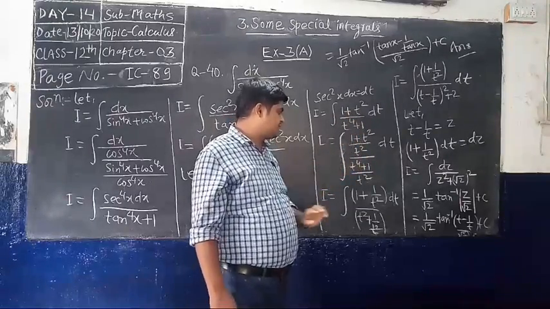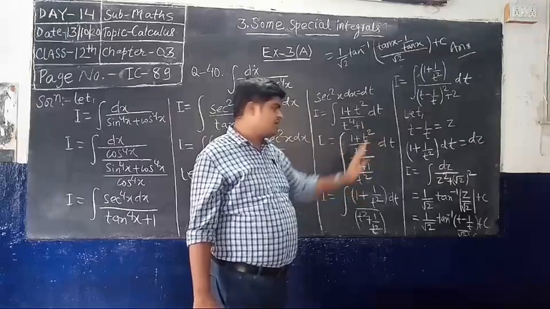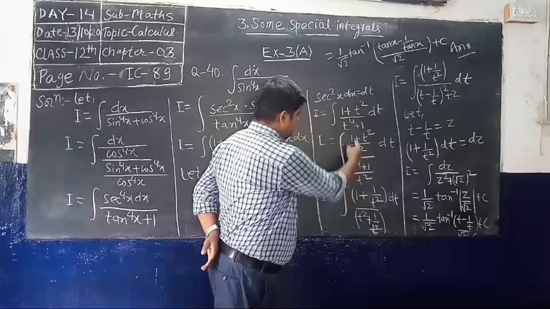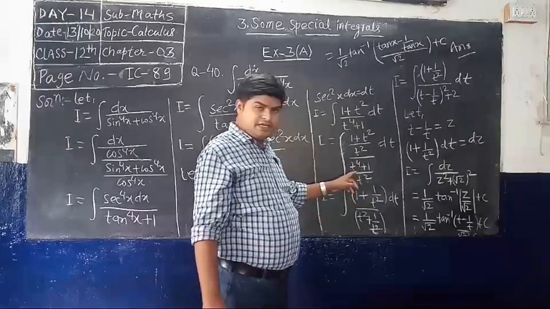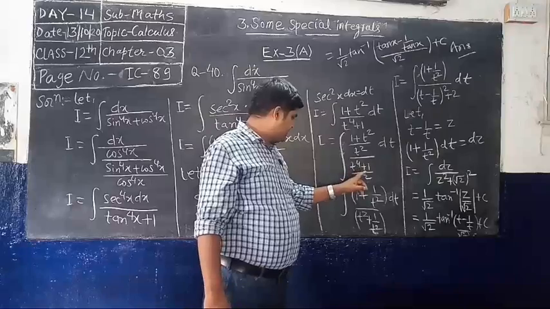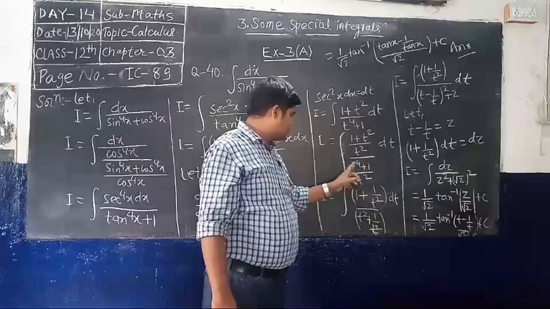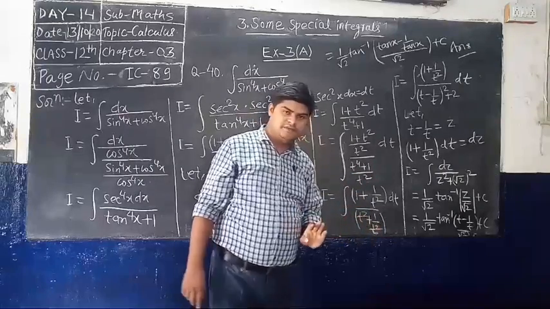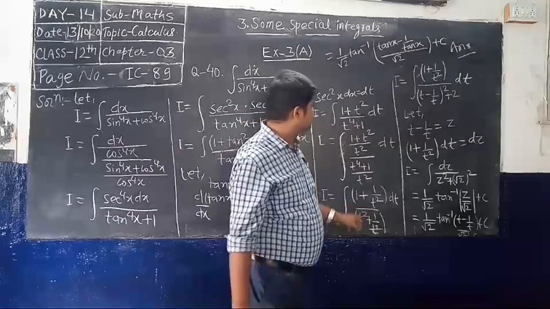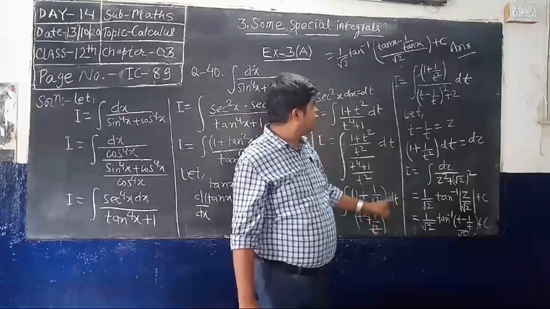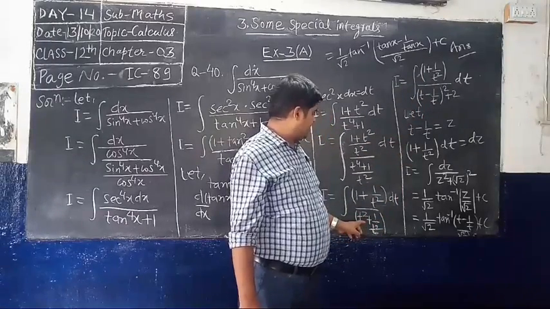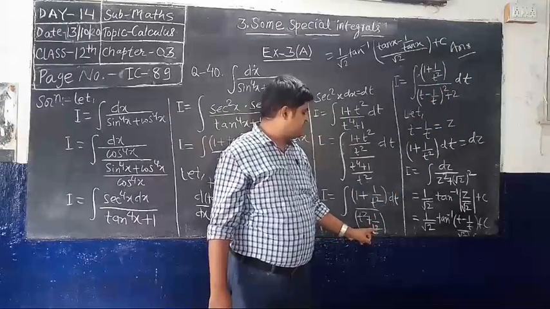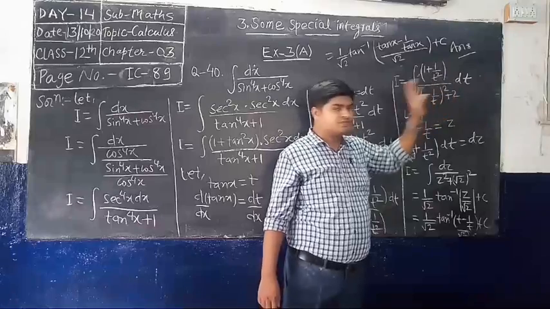Now each term, numerator and denominator, is divided by t square. 1 plus t square divided by t square, t to the power 4 plus 1 divided by t square, dt. Now you will separate the terms: t square by t square and 1 by t square. Similarly in the denominator, t to the power 4 by t square becomes t square, plus 1 by t square. Now this becomes integration of (1 plus 1 by t square) dt by (t minus 1 by t) whole square plus 2. That means this can be written as a square plus b square, which is a minus b whole square plus 2ab.